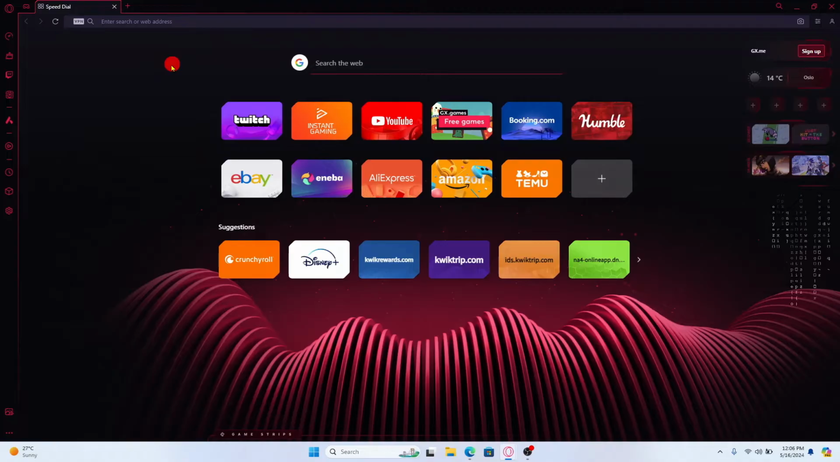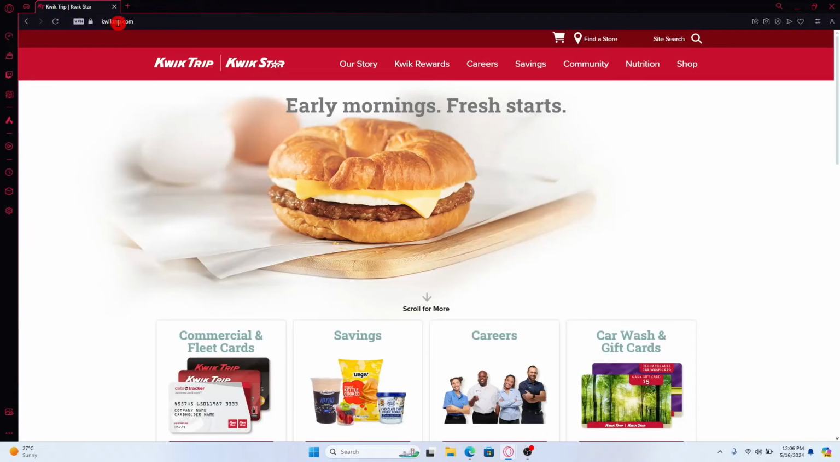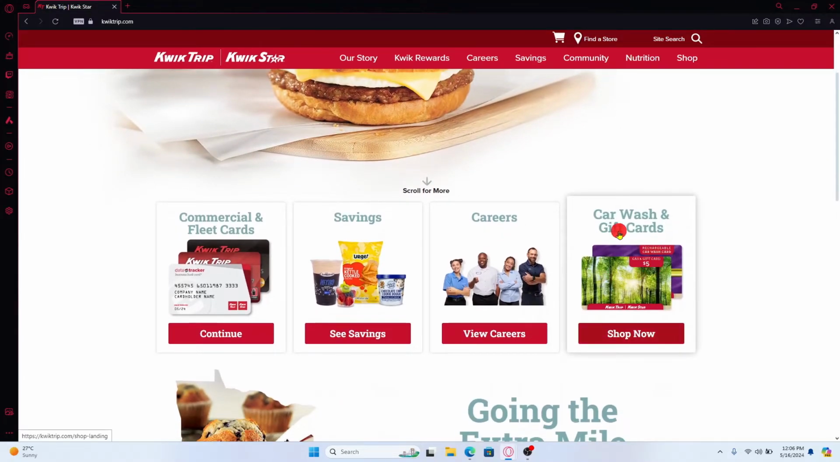First of all, you will need to purchase your car wash card from Kwik Trip. Go ahead and open up your web browser and then in the address bar type in kwiktrip.com and press enter. You will now be taken into the Kwik Trip website, from which scroll down and click on car wash and